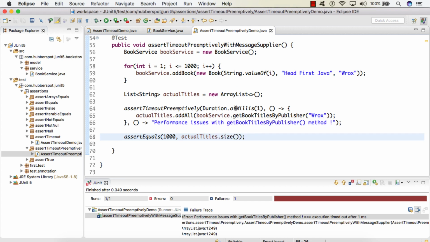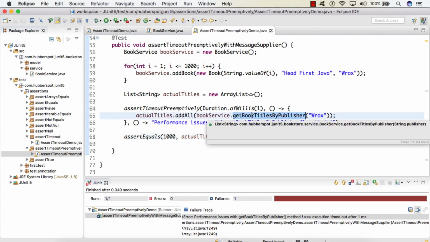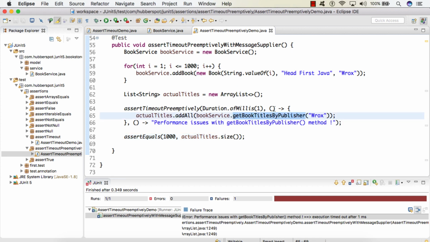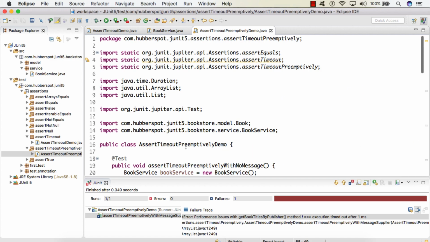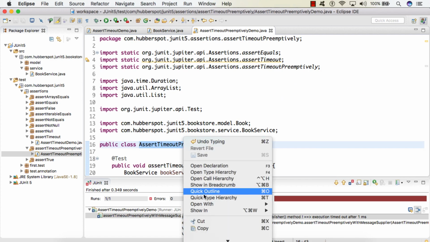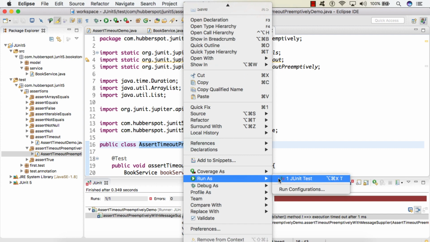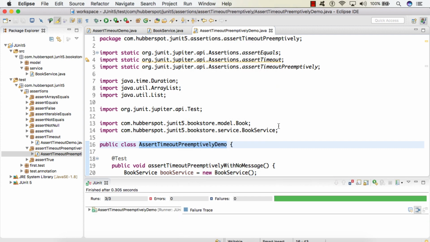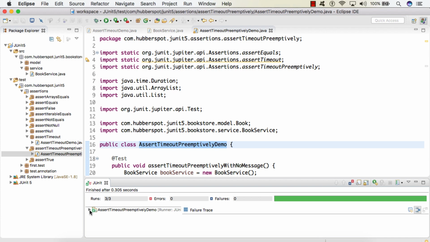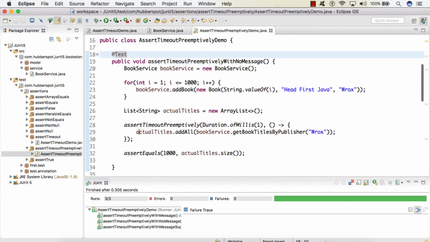Now getBookTitlesByPublisher will take less time to get the list of book titles by publisher. If I run all the test cases now, you can see all the test cases passed, because this executable took less than 1 millisecond.